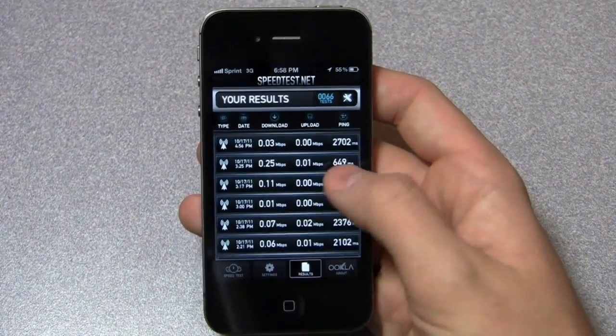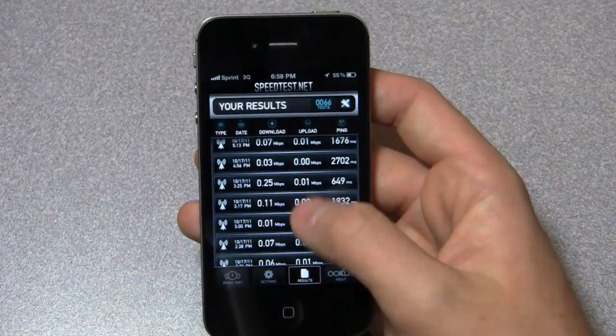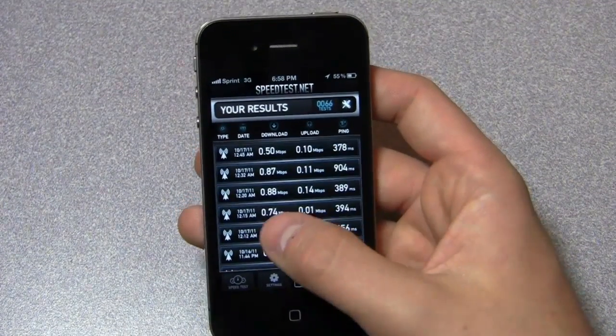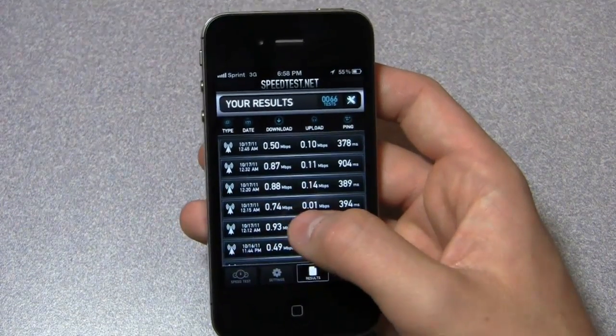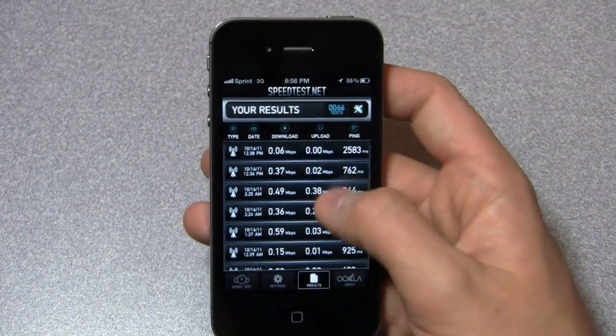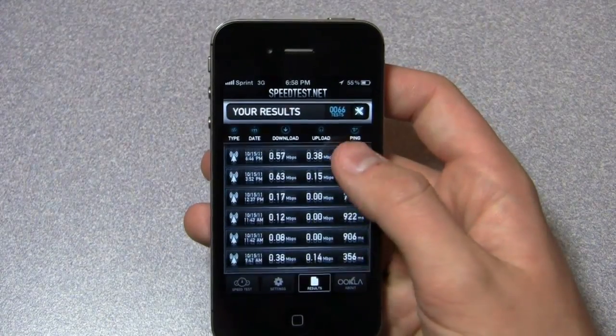Some of these are worse than dial-up, and some of these are just a little bit faster than dial-up. But look at the upload speeds. I've been pretty frustrated, but then you'll see kind of a wild card every now and again, and I hate to call it a wild card because it's still not great speeds, but 0.74 megabits per second. You can see some wild ones down here at the bottom. I think I have a couple of 1 megabit per second ones over...